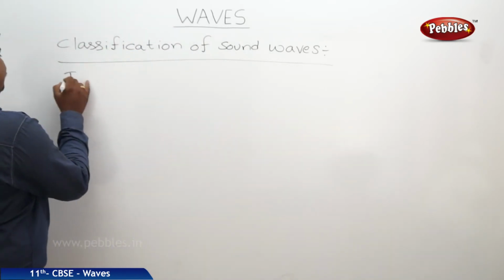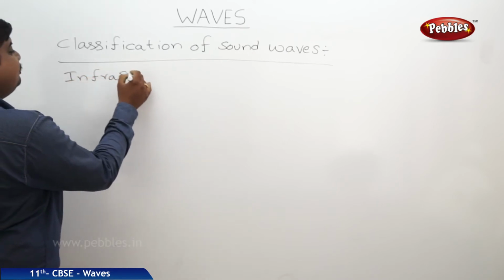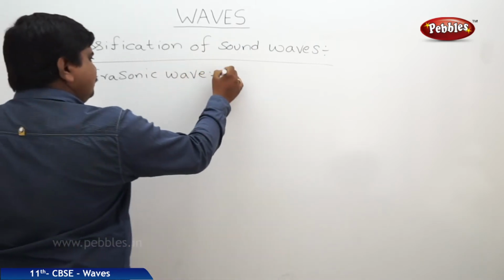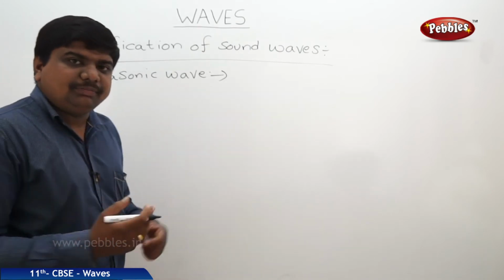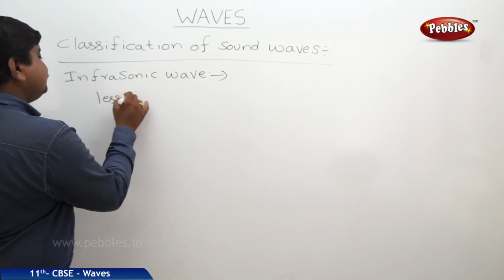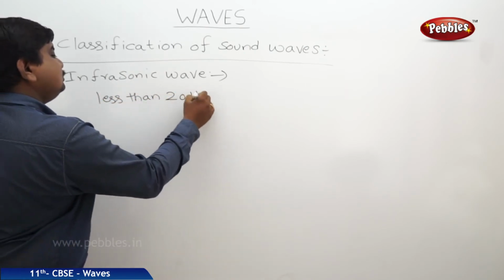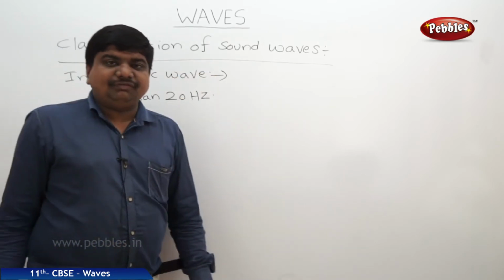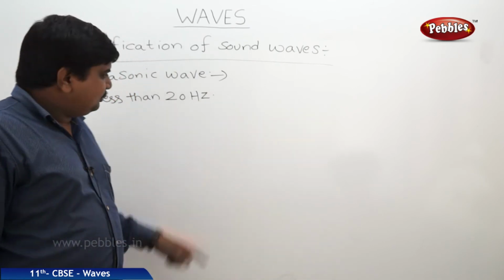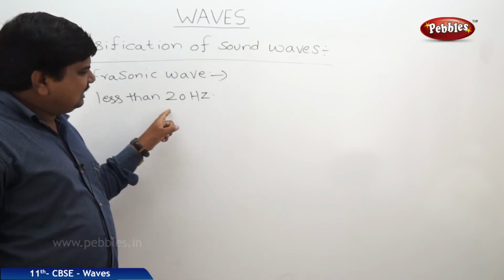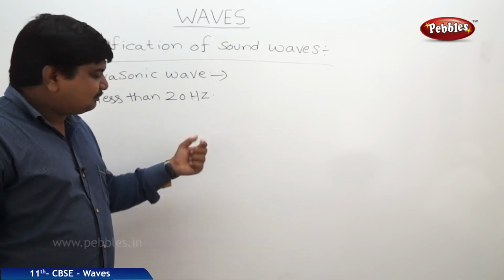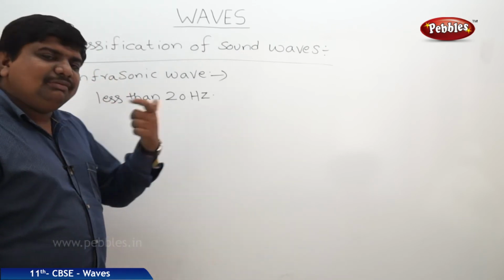So, infrasonic wave is one of the inaudible waves. We can say that this classification is on the basis of frequency. So the frequency of the infrasonic wave is less than 20 Hz. If the frequency of a sound wave or of a vibration is less than 20 Hz, it is not audible to the human ear. Very low frequency means very less frequent vibrations by the body, so the sound produced is also very weak. That means it is inaudible to the human ear.